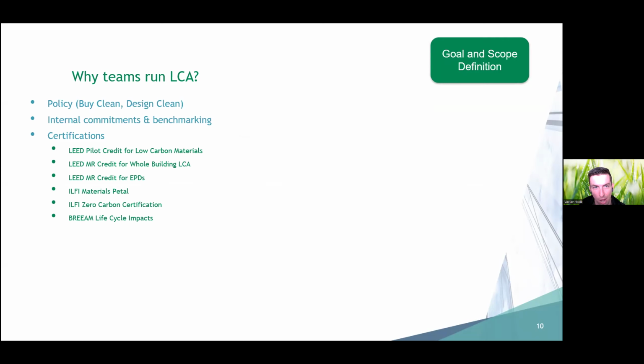There's also some policies that focus on requiring whole building LCAs to be done, and then also showcasing the design decisions that you make that help you lower the impacts of your projects, in addition to the specific material choices. There are also typically internal commitments and benchmarking within firms that, from what I know, usually focus on carbon, but you can address other environmental impact categories with some of these tools as well. And then for the certifications like LEED, ILFI, BREEAM, again, those are very specific scope